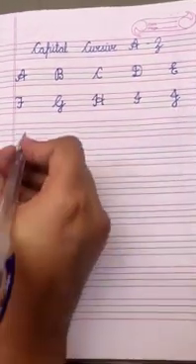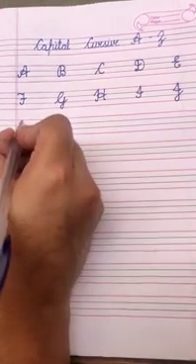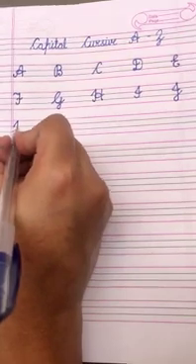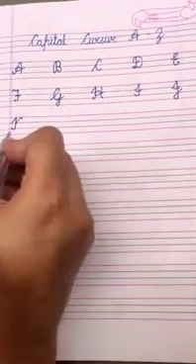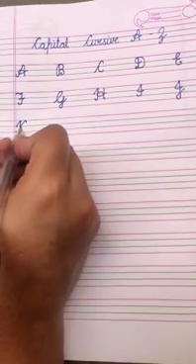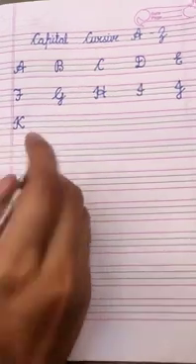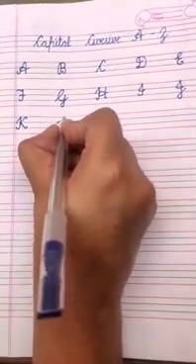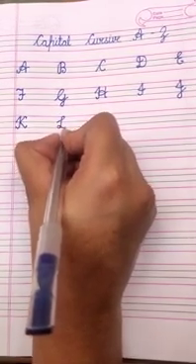Cursive J. Cursive K. From the second line, go slant, touch the first line, come down, make a standing line, take a turn and then from the second line, go slant, touch the first line, take a turn. Again from the second line, make a slanting line touching the third line and then take a turn. Cursive K. Cursive L. From the second line, go slant, take a turn and then make a standing line, again make a turn and do like this.